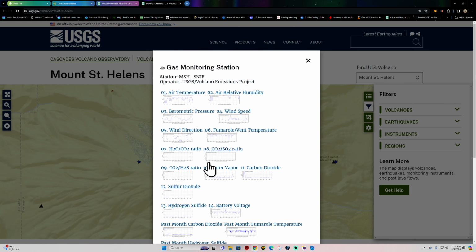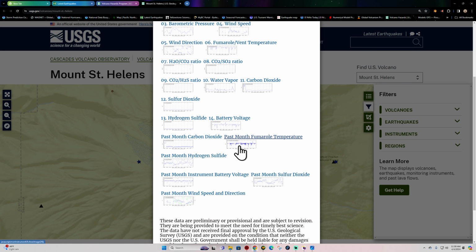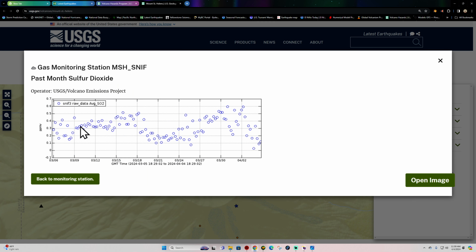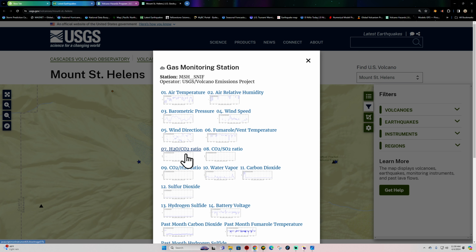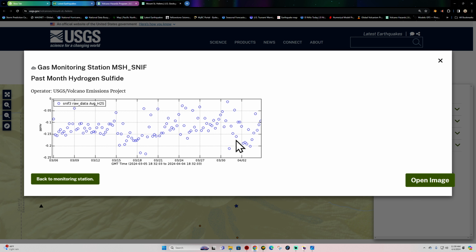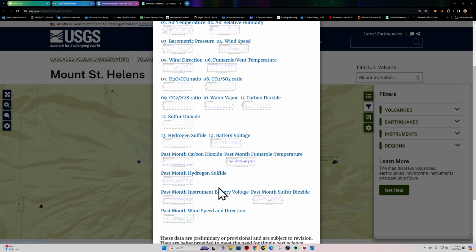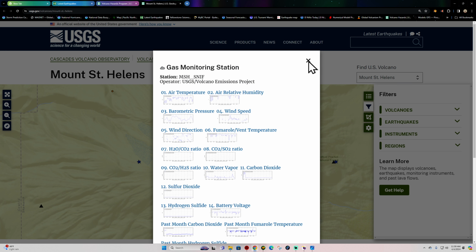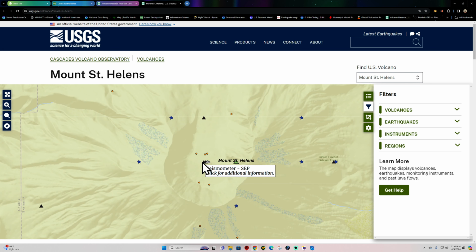Check out the gas emission stations here real quick. Carbon dioxide there, very minimal. Sulfur dioxide chart here looks very typical here on any given day. As you can see, no sharp rises there in the gas emission stations. Hydrogen sulfide, about the same as well. Really not seeing anything that would indicate volcanic activity aside from the background levels.